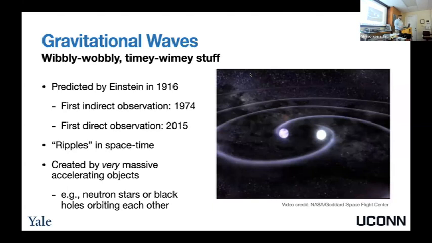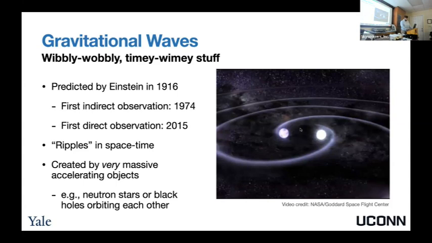If there's any Doctor Who fans, you might know wibbly wobbly, timey-wimey stuff. It's a pretty apt description, actually, for gravitational waves. It's the fabric of our universe, basically just rippling out. These are caused by very massive objects that are accelerating. In particular, usually we're looking at things called binaries. For LIGO, they look at what are called compact binaries.